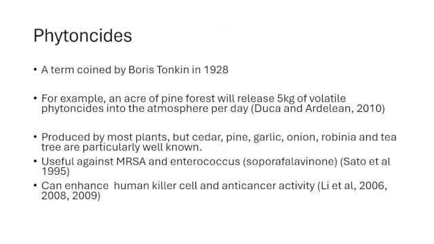Right. Well, one of the obvious things that possibly many of us have heard of is this concept of phytoncides. Phytos are plants and cides, well, things that kill stuff. These are not compounds or chemicals that kill the plants themselves. They're part of plants' immune systems. They've been around for quite a while. I was surprised to learn that the early Soviet biologist Boris Tokin first characterized these way back in 1928. But they've become of greater interest recently, particularly with the growing popularity from Japan of things like forest bathing.